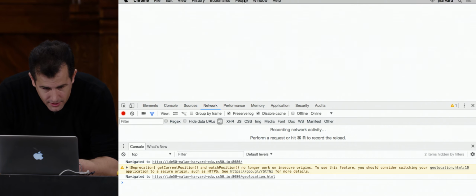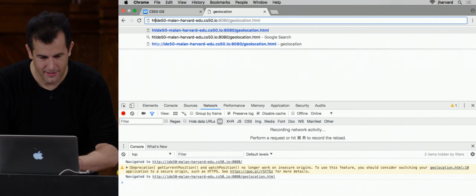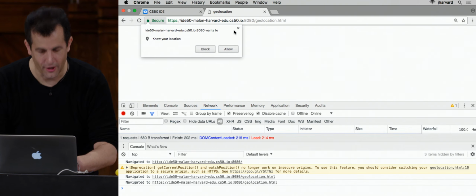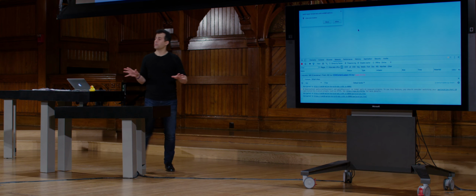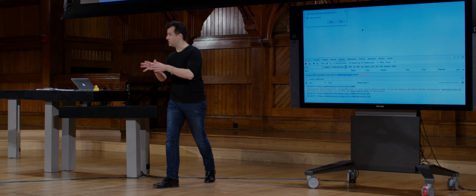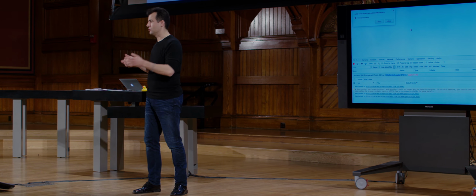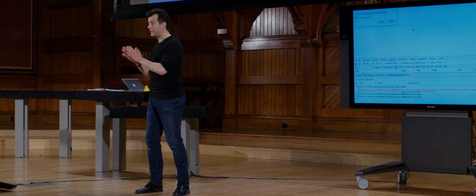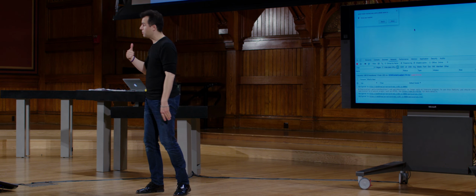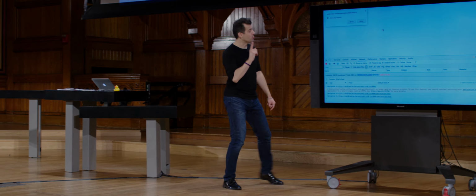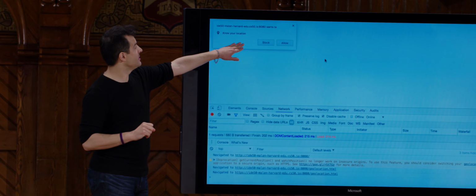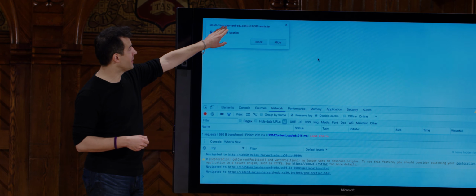Secure or HTTPS. OK, there we go. So it wasn't working because I wasn't accessing today's demos via HTTPS, which isn't a big deal because they're just public demos anyway. But the browser didn't like it because it wants the communication of my GPS coordinates to be secure. So as soon as I change to HTTPS, it says, hey, this domain name, my own on the IDE, wants